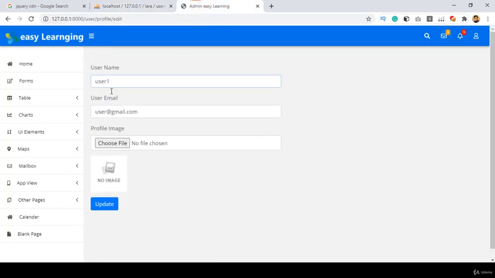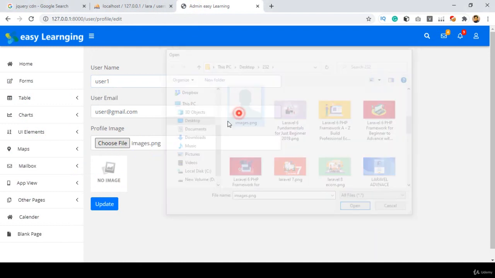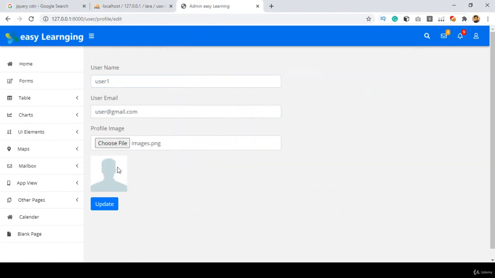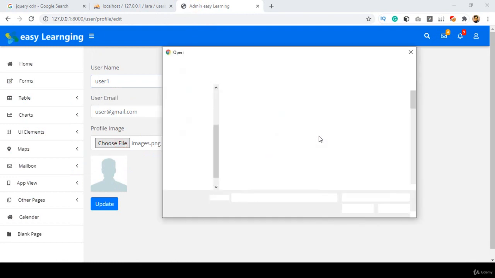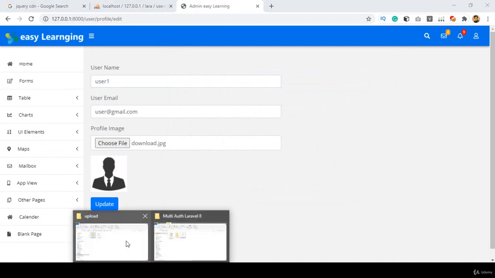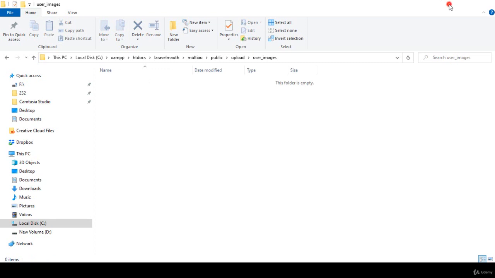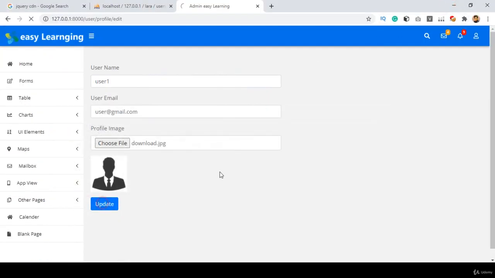So now I simply use it, and I want to choose one of the user images. So right now I choose this one. Okay, I choose this type of image. Rather, better, I want to choose this one. So this one. Now if everything is okay, this image should be inserted in this particular folder, right? So right now this folder is totally empty. Let's check this out. If you click update,